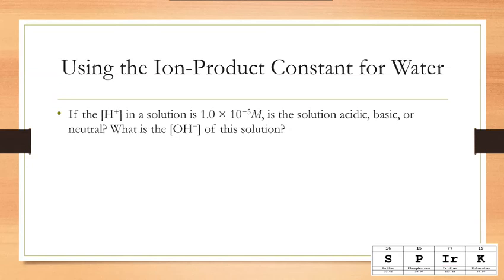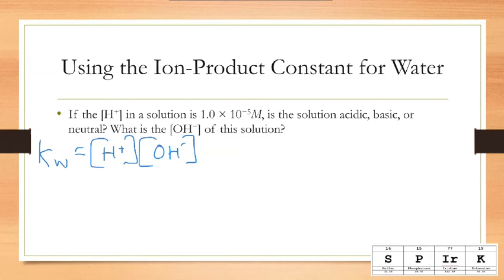So we can use the ion product constant for water and solve for different concentrations. So if the concentration of H plus in a solution is 1.0 times 10 to the negative 5 molar, is the solution acidic, basic, or neutral? Let's figure out. What is the OH minus concentration of this solution? So we know that our ion product formula is Kw equals the concentration of H plus, and remember this is multiplied by, not addition,